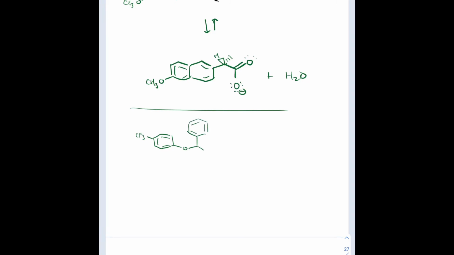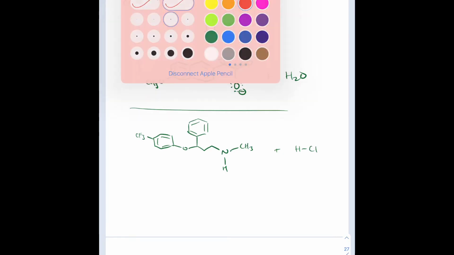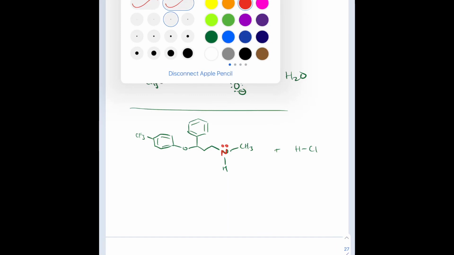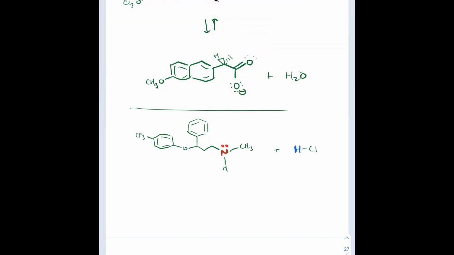That's usually called a trifluoromethane. And then we've got this other group dangling off, and HCl. Okay, so nitrogen with the lone pair, that's typically going to be a base, especially in the presence of HCl, which is hydrochloric acid. Remember, the Lewis base attacks the Lewis acid, and that gives us our